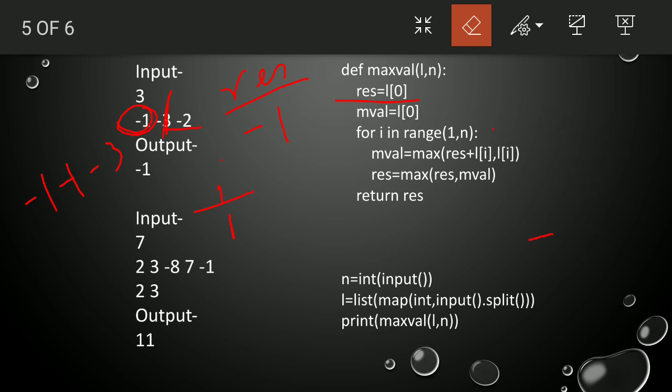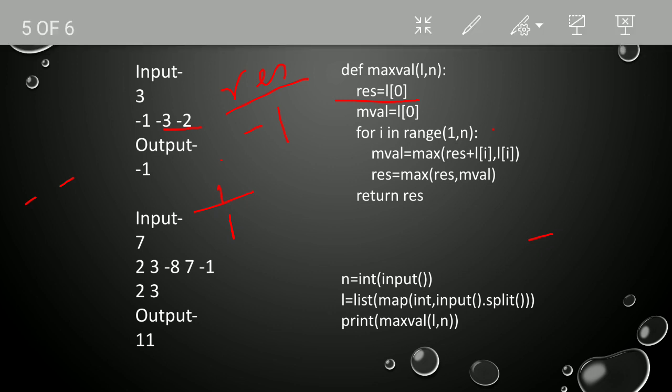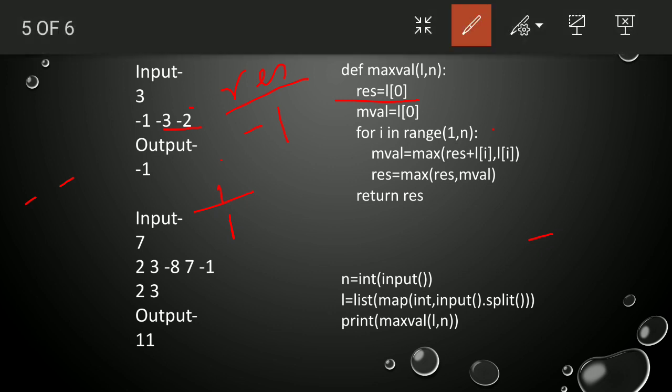Now the next one. The i value contains 2. So M value is equal to max of res plus L of i. So -1 plus L of i.